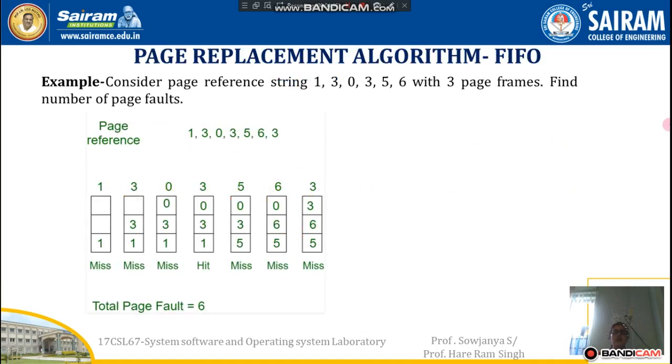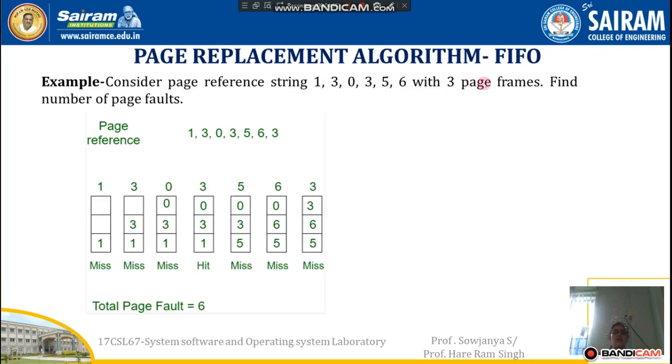Now let us discuss with a small example how we can implement this using FIFO. Let us consider a page reference string. We have one particular string. I have considered numbers; you can also consider strings, any string you can consider. So 1 3 0 5 6. These are the strings, the reference string I have considered: 13056.